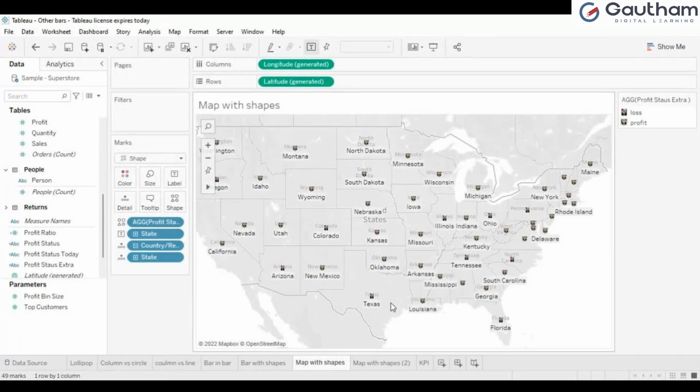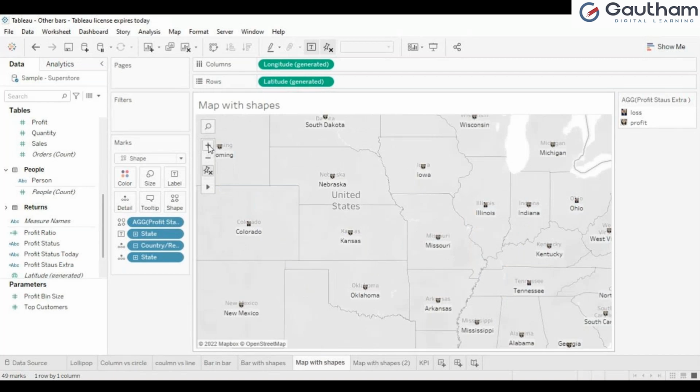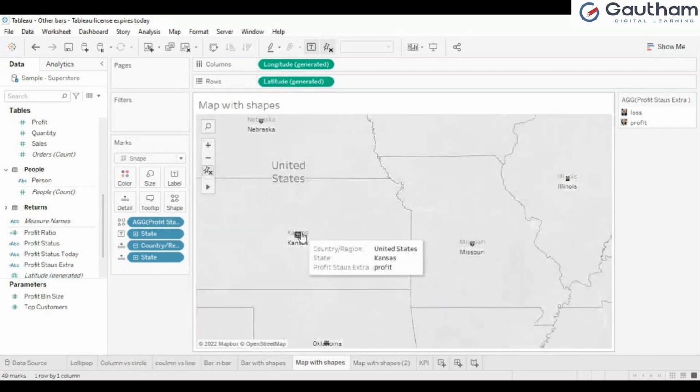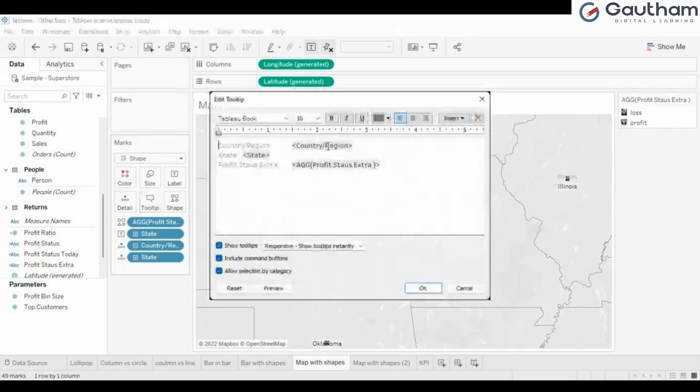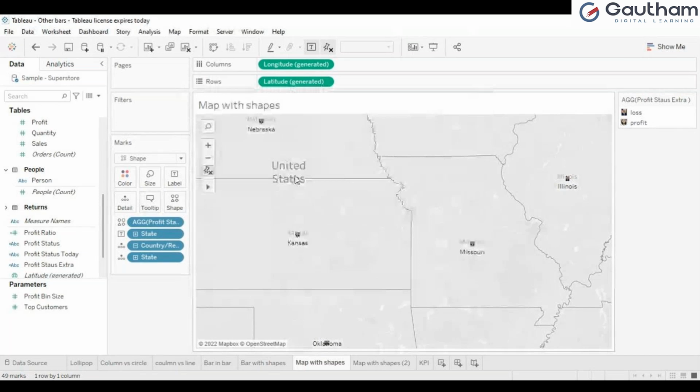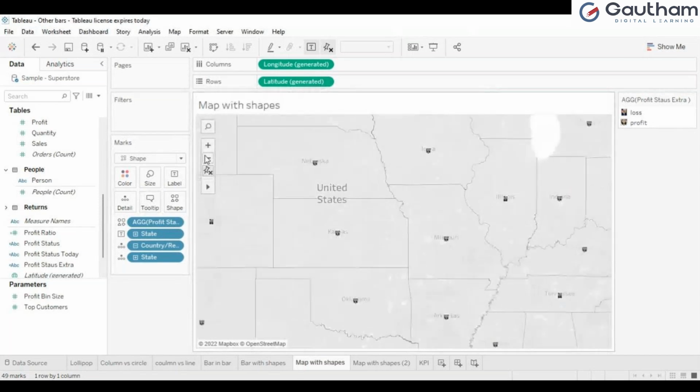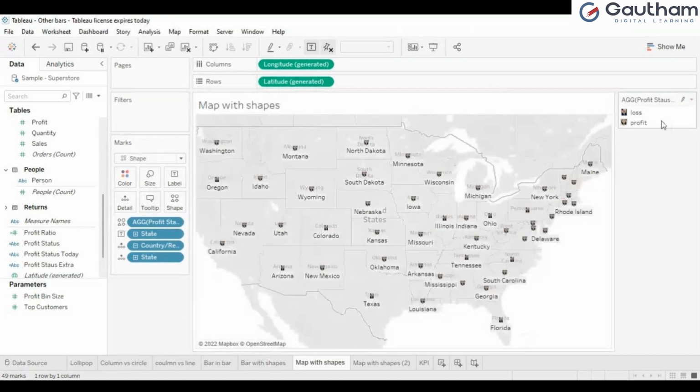So now it has been changed, right? If I zoom in to show you, for zooming you can click on the plus symbol. Here you can see, if you want to change the name also, just go to the tooltip. Here you can give Modi and Trump also. As you know how to change the tooltip, I don't want to waste my time, so that's why I'm explaining it this way.